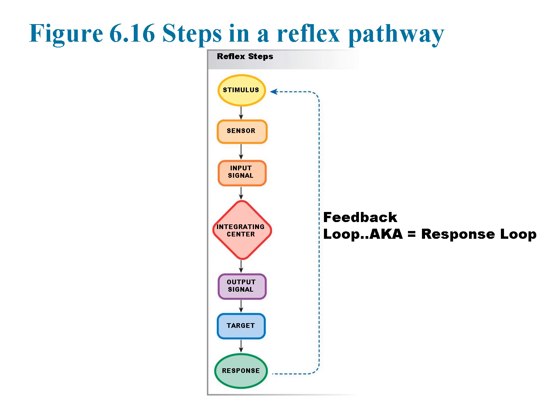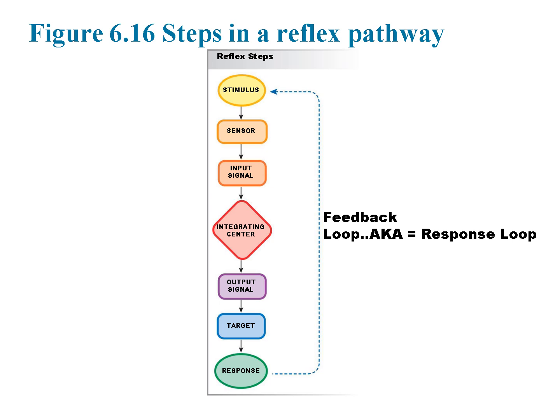The process begins when a change occurs in the internal or external environment, such as a drop in temperature or an increase in blood pressure. Sensor: the stimulus is detected by a sensor or receptor, which monitors the variable and sends an input signal if the stimulus crosses a certain threshold. The input signal travels along an afferent pathway to an integrating center, which processes the information.